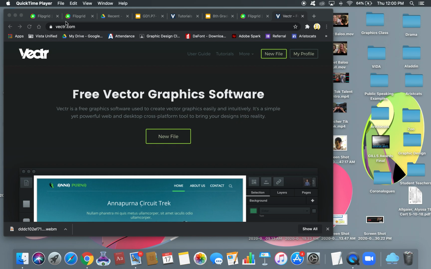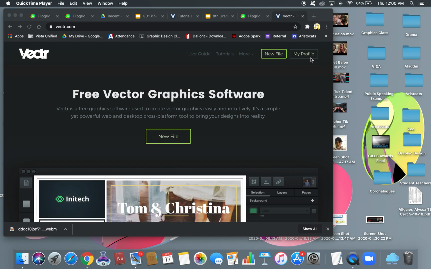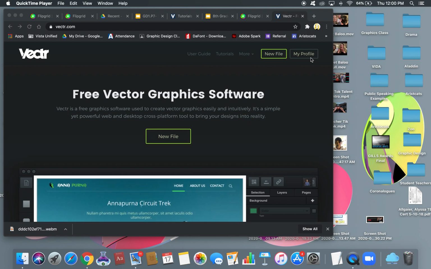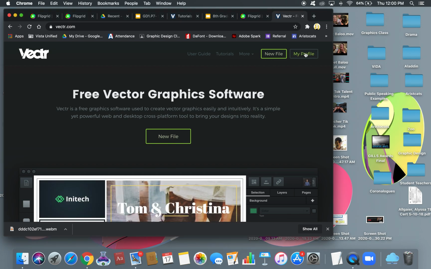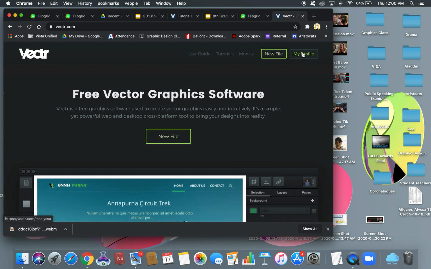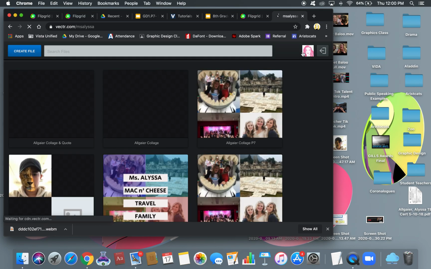So I've gone to vectr.com and you might see login here. If you see login, then you're going to log in with your Google account. Some of you had to create a new account, so whichever way you logged into Vectr last time, you're going to do that the same way this time. If it says my profile, it just means that the computer recognizes you and you're already logged in. I'm going to click on my profile, and that's going to pop up everything that I have created